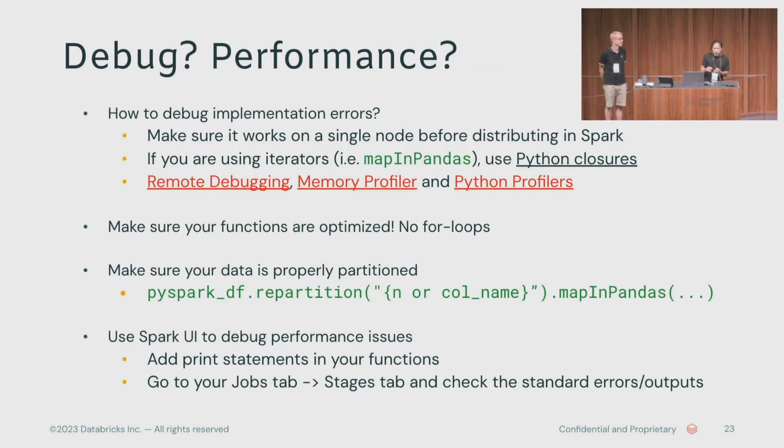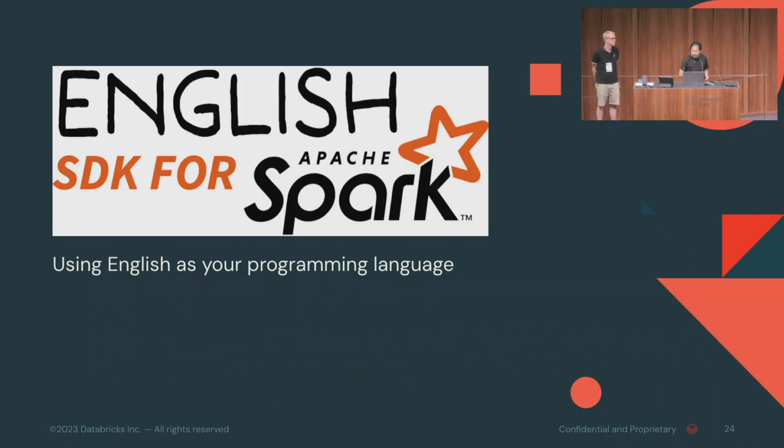All right, so here are a few tips about performance and debugging. PySpark provides a remote debugging mode, where you can work with PyCharm. We have a memory profiler, so you can see line by line which line consumed how much memory. And of course, we've got to avoid the for loop, if things can be vectorized. Make sure you repartition and the data are properly partitioned. And this is the way I like to use: you just print, of course, and see what's wrong, print AAA, print BBB, and then see what's going on in the Spark UI tab.